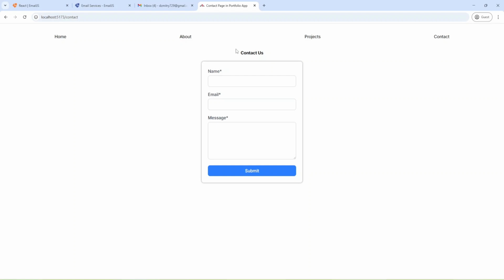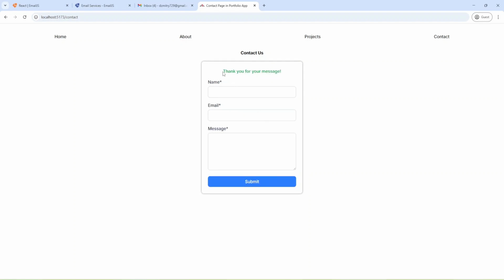As you can see, I have a header and a form. The form has three fields: name, email, and message. All fields are required. Now I can press the submit button, and as you can see, I need to provide a name, let it be John, and submit. Now I need to provide an email, let it be john@gmail.com, and next I need to provide a message, let it be hello. And now I'm going to submit, and as you can see, I have "thank you for your message."